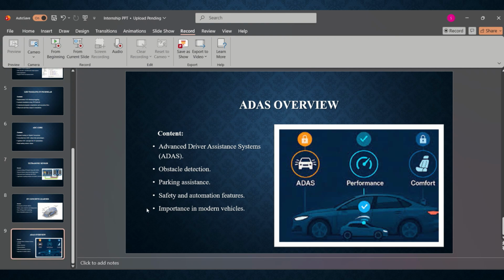So, finally, I would like to conclude my presentation. This internship helped me gain practical knowledge of embedded systems, STM32 programming, sensors, ADC, electric vehicles, and ADAS. I improved my programming skills and understood how embedded systems are applied in real automotive applications. This internship has increased my confidence and prepared me for future projects and career opportunities in embedded systems and the